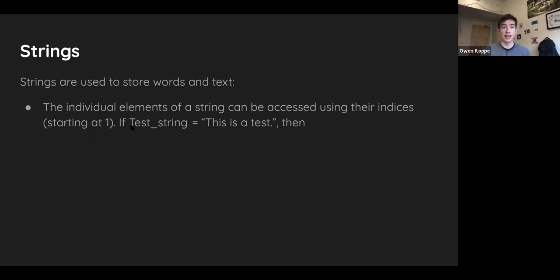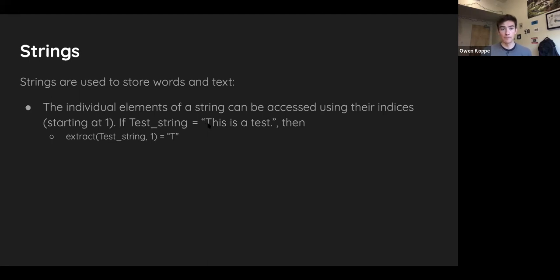How you define a string is you have a variable name, using the same naming conventions we talked about earlier, then equals, and then you use quotation marks and type in the text that you want to be part of your string. So here we have test string equals, this is a test, period. Now if we wanted to access specific characters of the string, we could use this function called extract. So if we do extract test string, that's our variable name that we're extracting from, and then the index that we want from the string, which is 1 in our case. If we run extract test string of 1, that would output the capital T, which is the first character